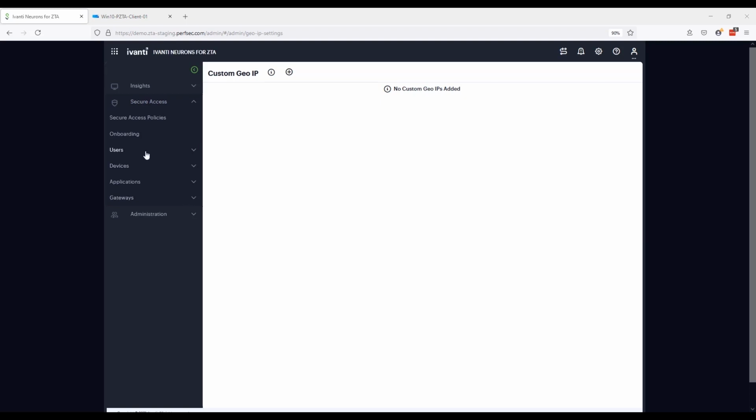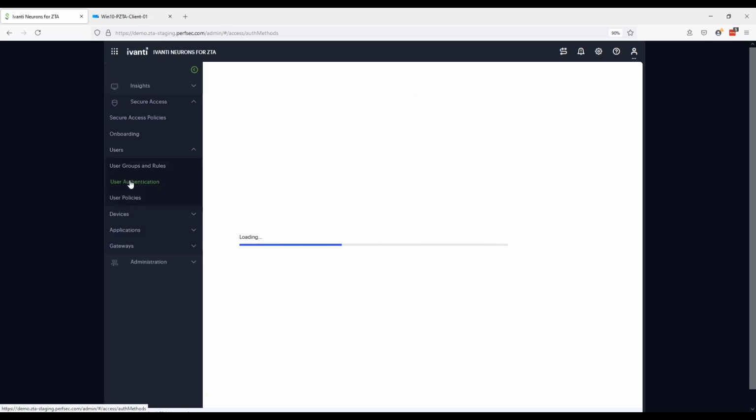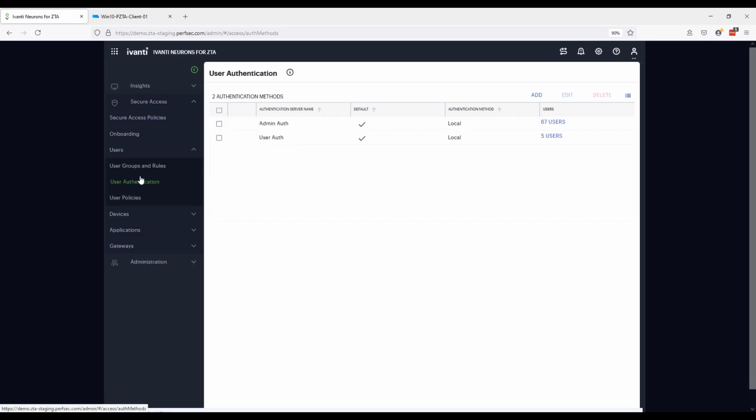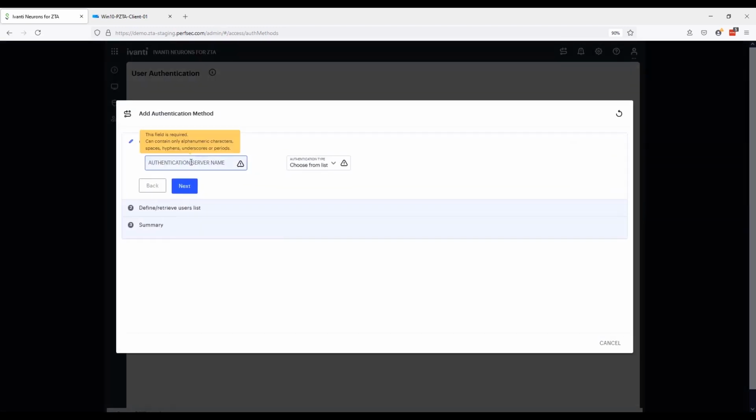Next, we're going to take a look at integrations and policies. So first, we have a couple different points of integration. We'll look at the user authentication first. And so the ability here for the administrator is to integrate additional IAMs or IDPs, the ability to allow ZTA to leverage some external user database for authentication, for onboarding, for administrative access, stuff like that. Here we just have local, but if you look, the ability to add, we'll do external server,